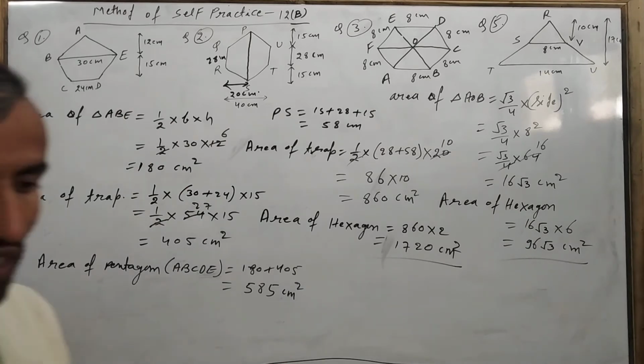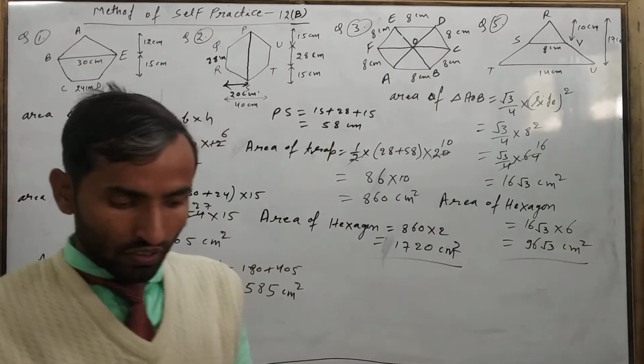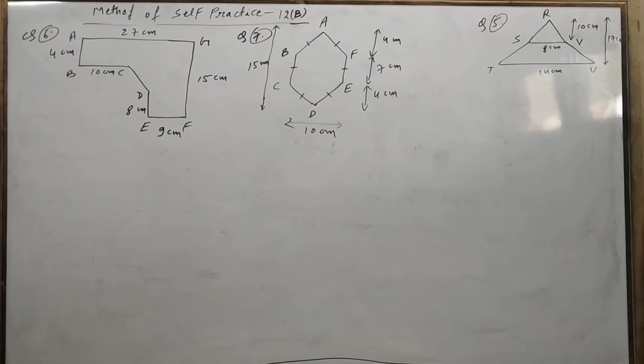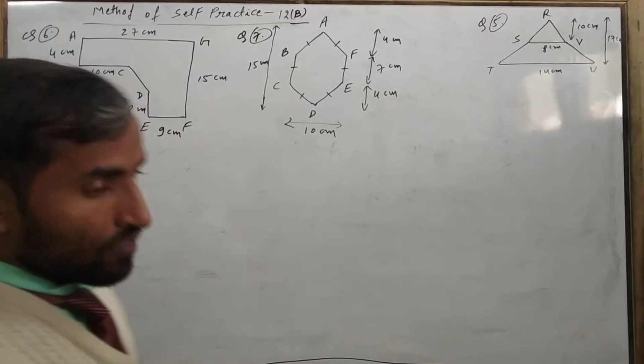Now we will go for question number 5. Just you see question number 4, just try it yourself. I have left it for you. Question number 5 I will do now. Just you see the figure that is given and how we will try. How will we proceed in this question number 5? So now we have to solve question number 5.